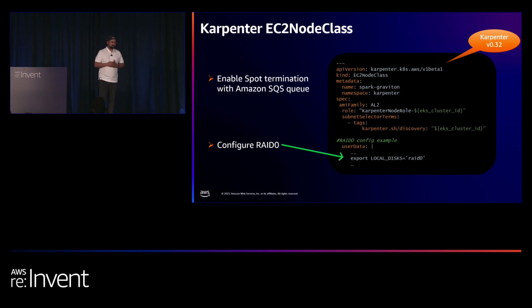This is another template. You can use the EC2 NodeClass, and you can define your user data with the EKS optimized AMI, and then configure it the way you want, which is going to create a launch template for you behind the scenes and spin up a node for you. And you can even use custom AMIs. And as you see here, we also mention configuring RAID 0.